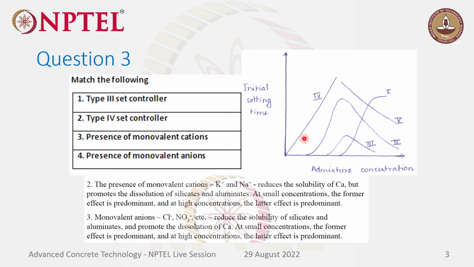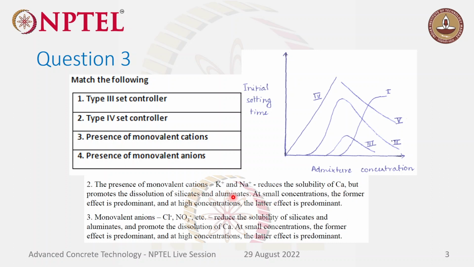Okay, and coming to type 5, if you keep on increasing the concentration, it will obviously decrease the setting time, so it will act as an accelerator. And coming to the presence of monovalent cations and monovalent anions. If there are monovalent cations, positive ions, in the admixture, it will reduce the solubility of calcium, which is a positive ion, and it will promote the dissolution of silicates and aluminates, which have the opposite sign. At lower concentration it will decrease the solubility of calcium, but at higher concentration it will promote the dissolution of